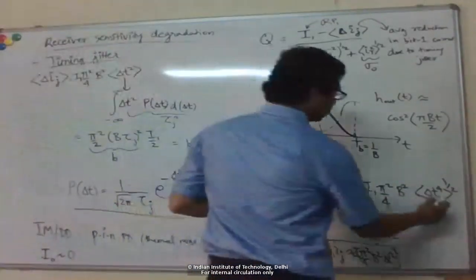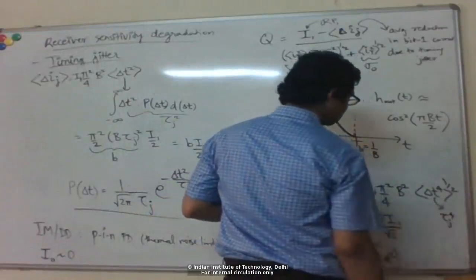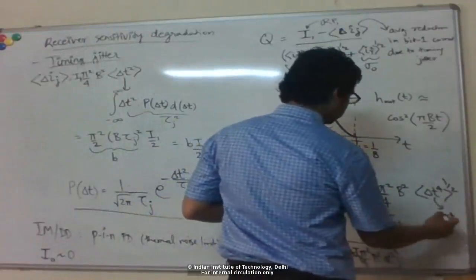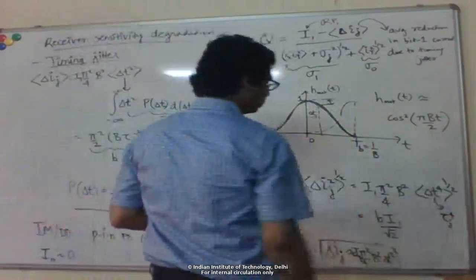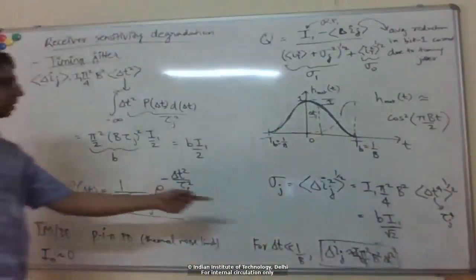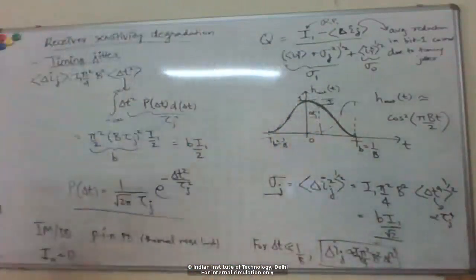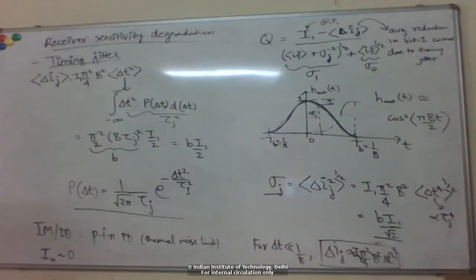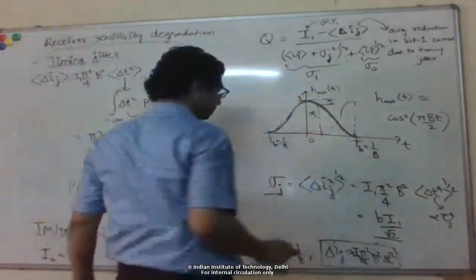Okay, so what you'll get will be something like the standard deviation to the fourth power with some constant here, I don't know, 2 or 4 or something. In terms of this b parameter, you can see that this comes out to be... okay. So now we have expressions for both this delta ij and sigma j, and both are